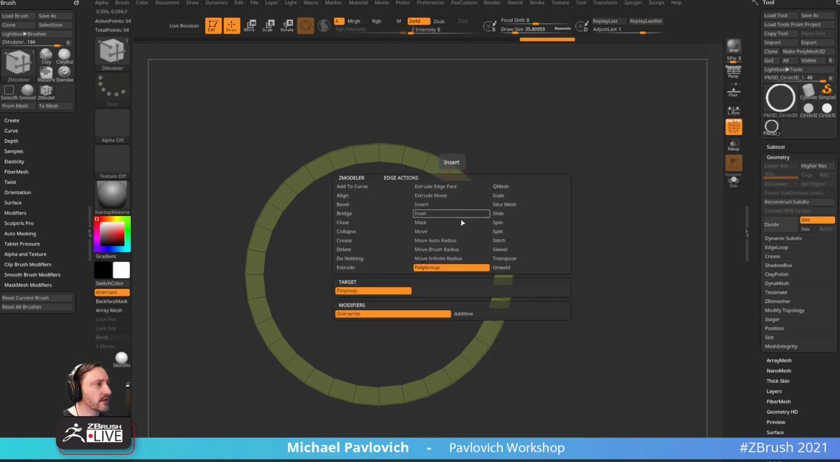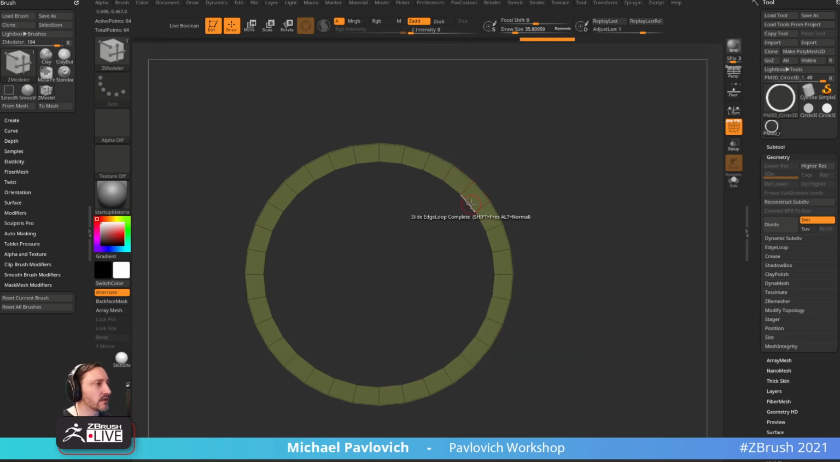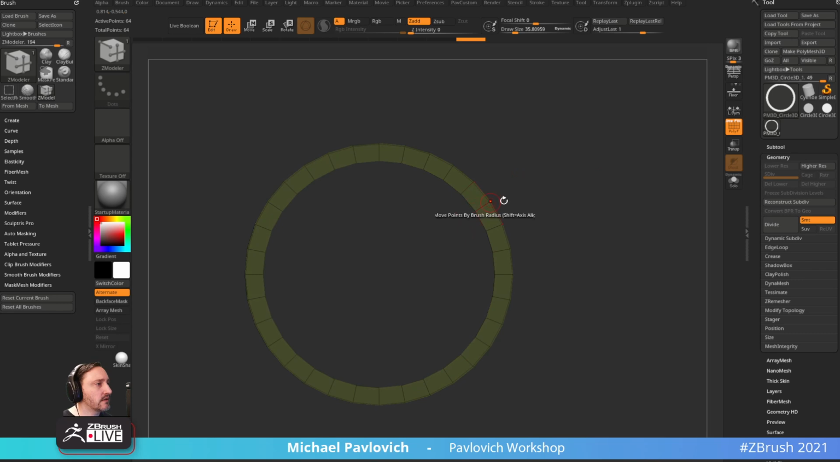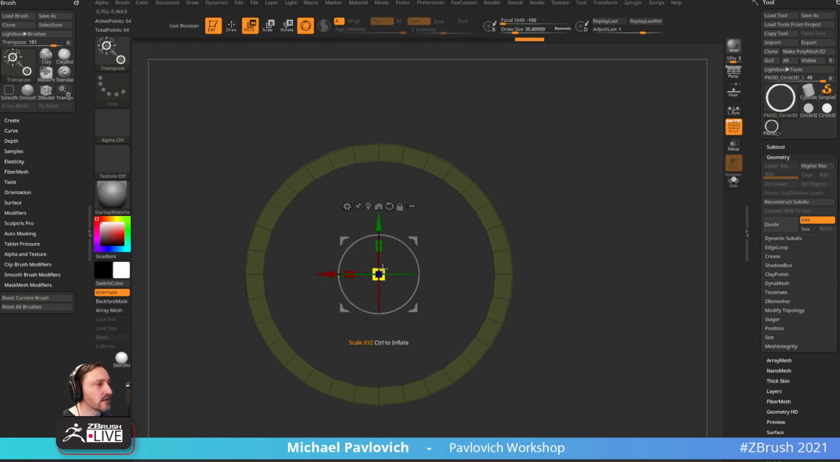Delete hidden, and in fact, let's do a slide edge loop complete here if I can. Or is it gonna let me? Oh, it only lets me go in. Can I go out? No. All right, let's do mask edge loop complete here. Control tap to invert that, and we're just gonna literally scale in, hold down Alt, and we'll scale in this